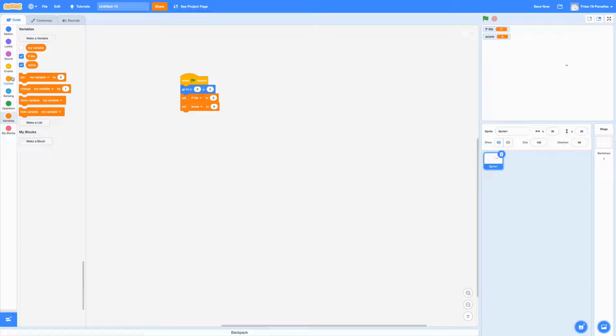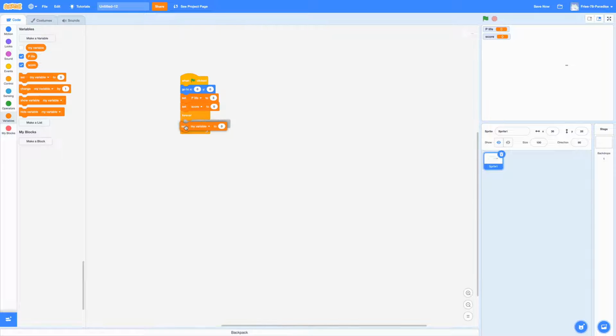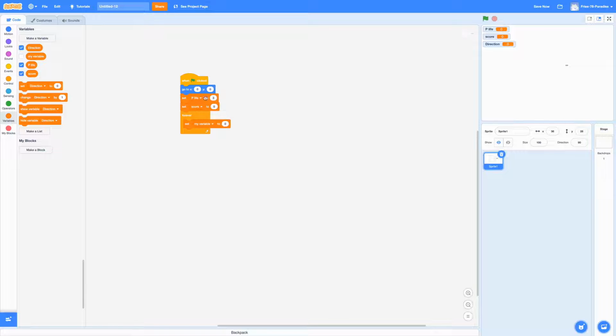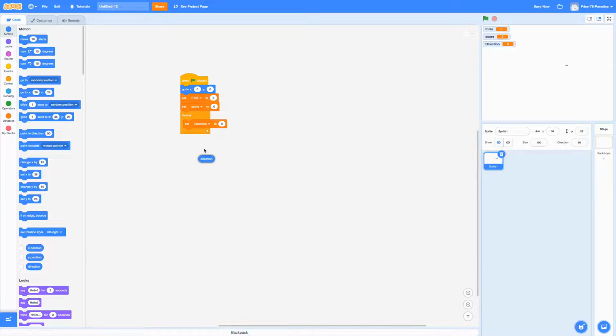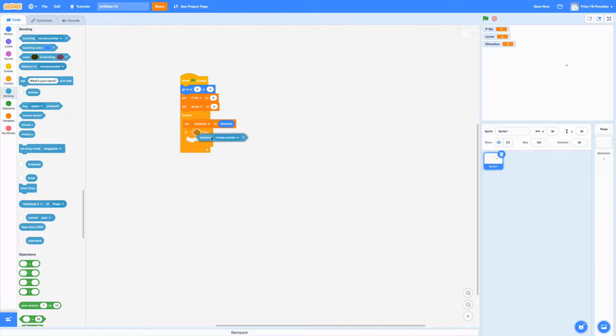Okay. And then I'm going to drag in a forever loop. Forever, I am going to set the, and I'm going to create a new variable called direction. So for the bullet, this will be used later, you will see. And I'm going to keep this for all sprites, and I'm going to set the direction to direction. So the direction variable will tell me the direction of my character. Okay, and now I'm going to drag in an if block,